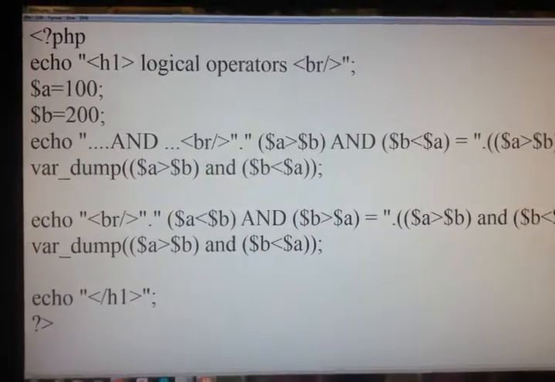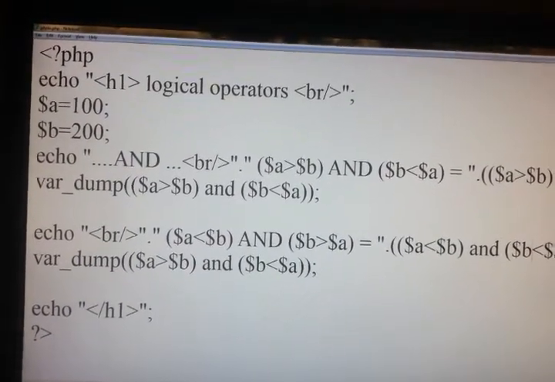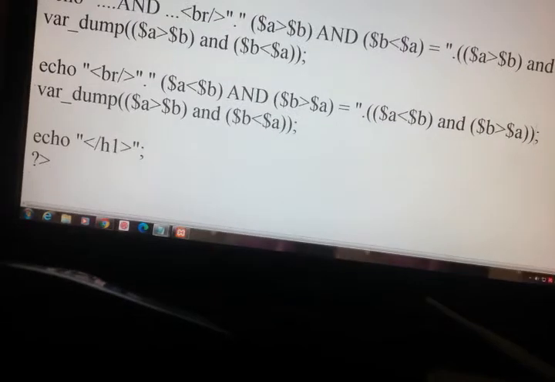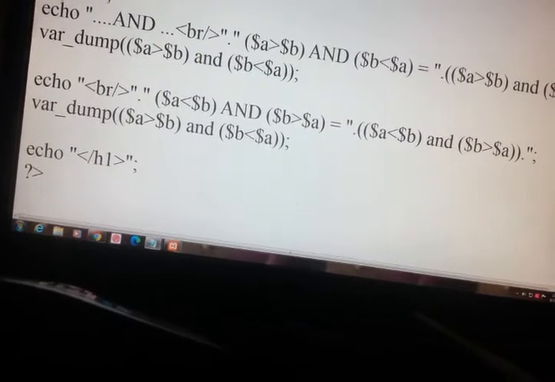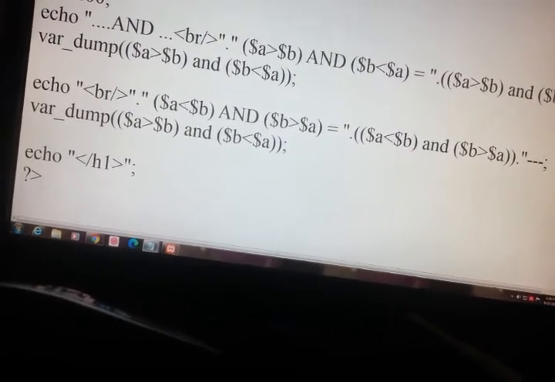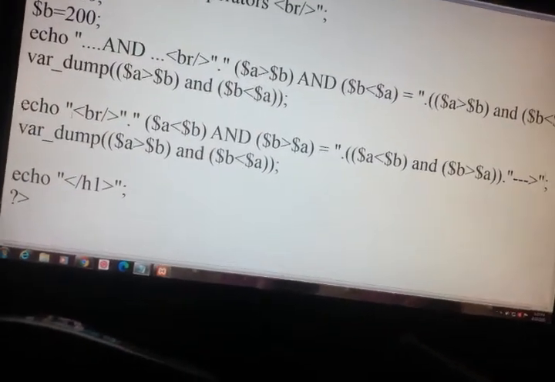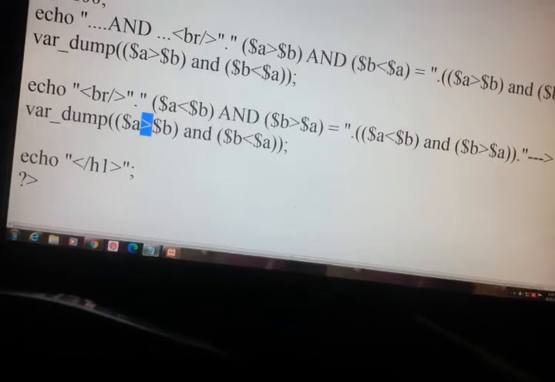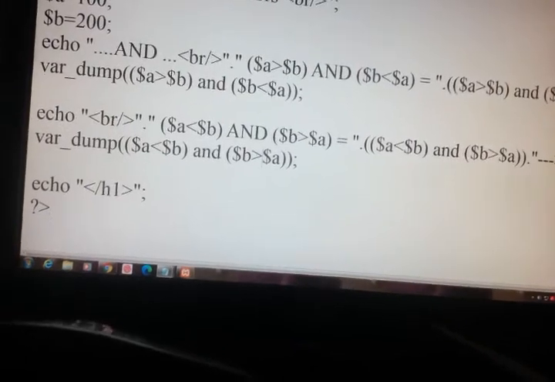This is the true condition. So again we have to change $A less than $B and $B greater than $A. So we just save and see the output.